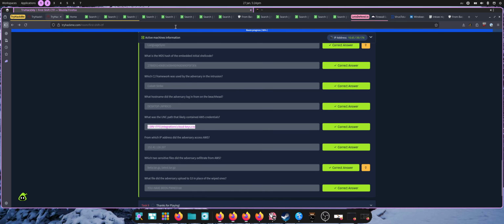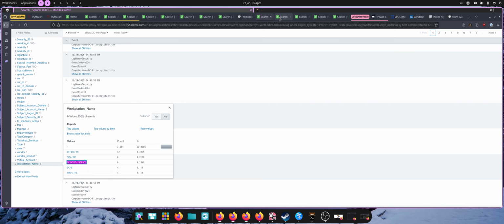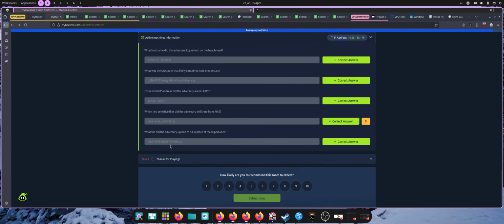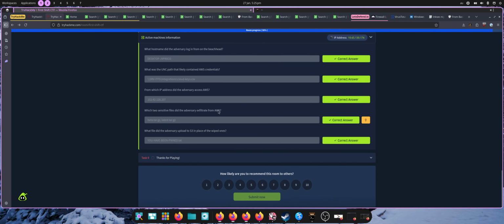Which IP? We looked at logins for AWS, and again there's only how many results here? Not many. 2, 4, 6, 8, and we could rule out the ones that had the huge login count, so really it was going to be one of these, and there was only 3 IPs to choose from there. The files, once we knew the IP, we just simply searched for written files and retrieved files, and there are the answers,